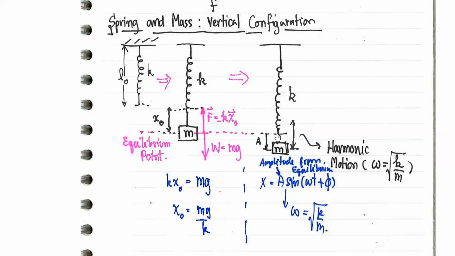Then if you further stretch it by a smaller distance A, and then let it move, we find that the spring will move up and down, or back and forth, around the equilibrium point, or around the equilibrium length, with an amplitude of A. And this then becomes a harmonic motion. And it is easier to prove that